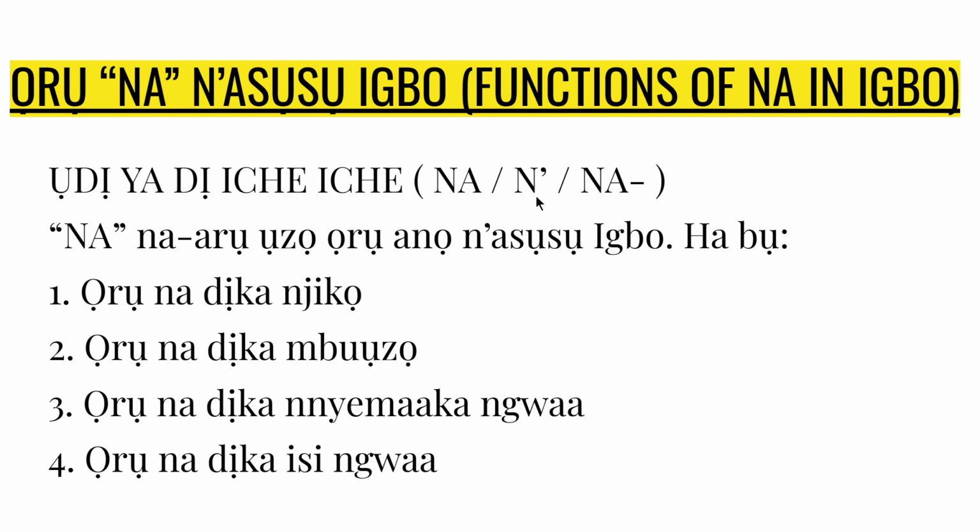So when we are writing, you discover that sometimes you will see this type of na or this type equally. They have places where they appear. Where you're supposed to put this one and you write that one, you are putting yourself in trouble. That is the reason why I am here, to guide you.